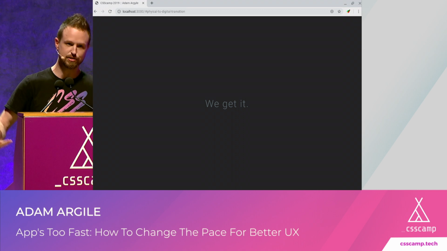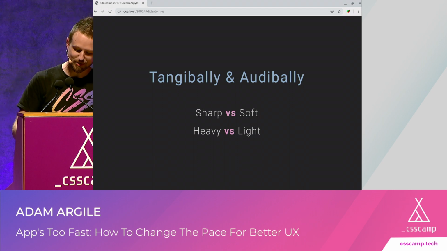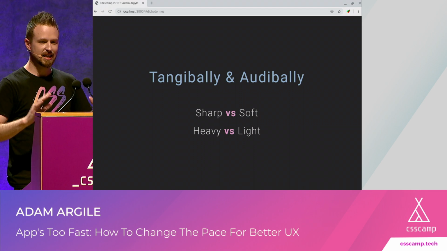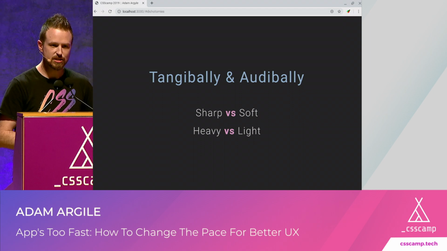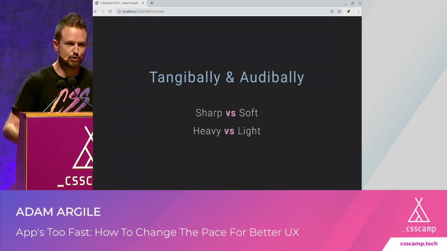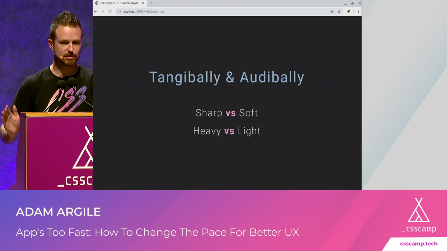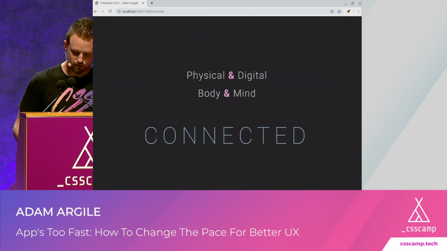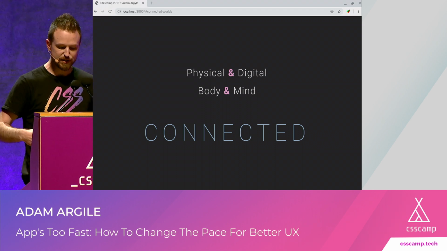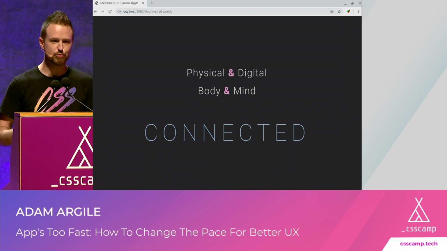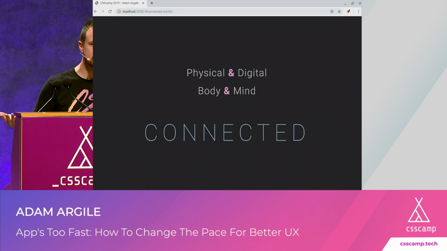We have things in our life that are heavy and soft and so on. We have tangibly sharp and soft things, and we have audibly sharp and soft things. And why I like this dichotomy here is that my proposition is most of the things that you want or keep around you in your life to relieve anxiety aren't sharp or heavy. They have the qualities of things that are soft and light. And that's because our physical and our digital, it's kind of really heady stuff. We'll get somewhere. But our physical and our digital are connected. Our body and our mind are connected. We kind of project into our applications. Like when we see a piece of, you've heard material called magic paper, Google material.